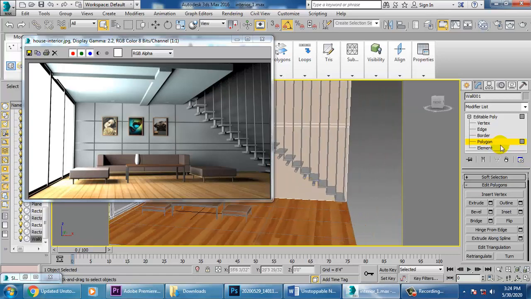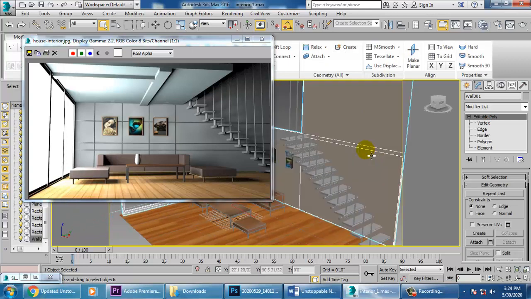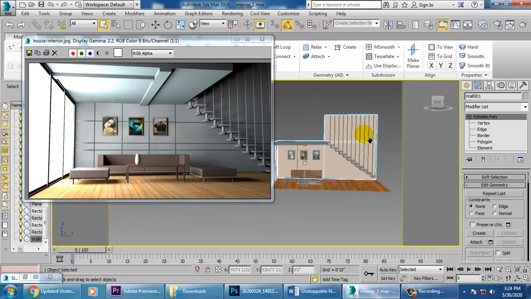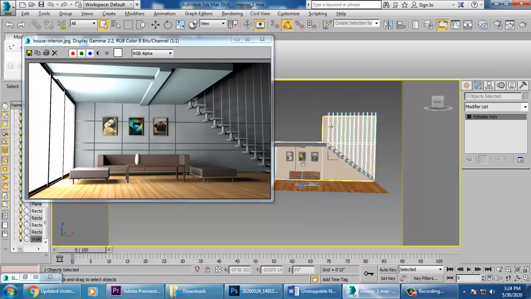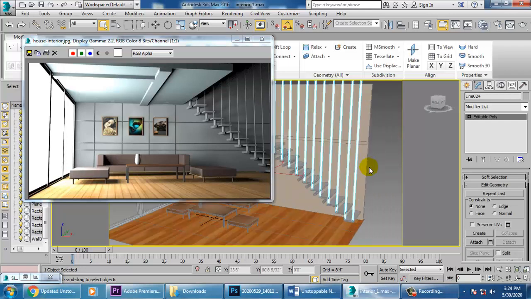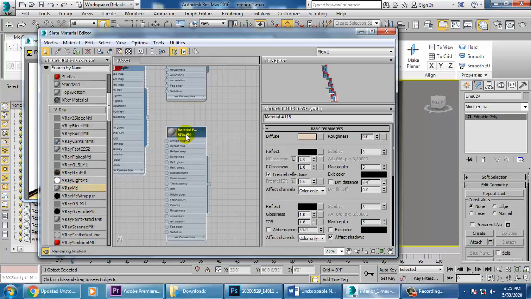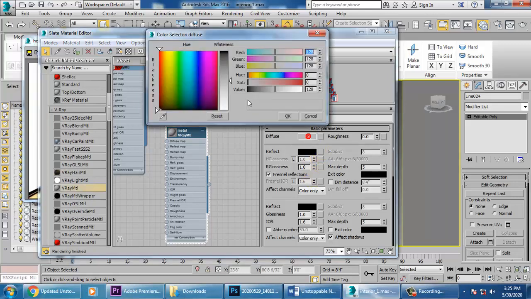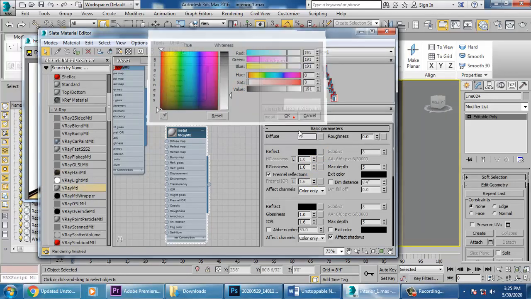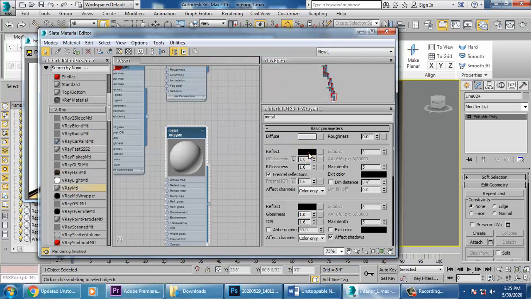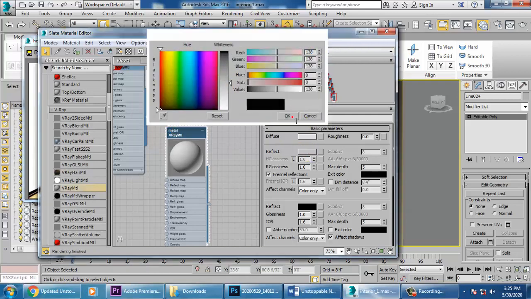And for this floors over here, we can select this part, excluding this, and let's give a bit of a steel material or metal material. So let's go into V-Ray material and take it as a metal. Let's give a bit of a white color. Reflectivity, we can increase its reflectivity.